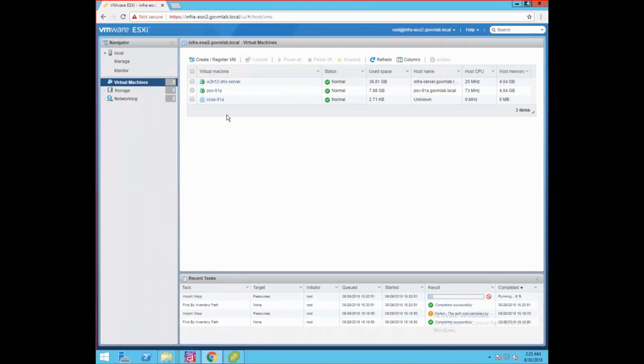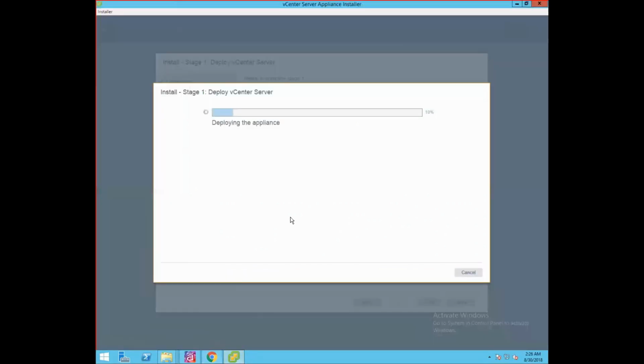And now as you can see, the VM with the name vcsa-01a is created. If you look at the task pane of our target deployment host, it is importing and deploying our VCSA appliance. So let's wait a few minutes for this appliance deployment to finish.